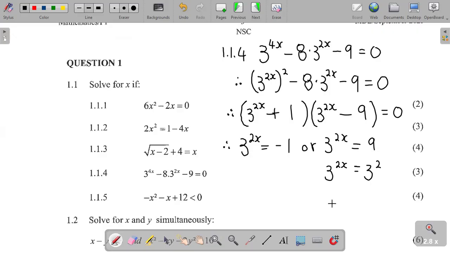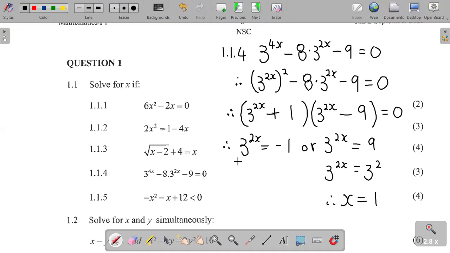So it means therefore x will be equal to 1, because 2 will be equal to 2. So then